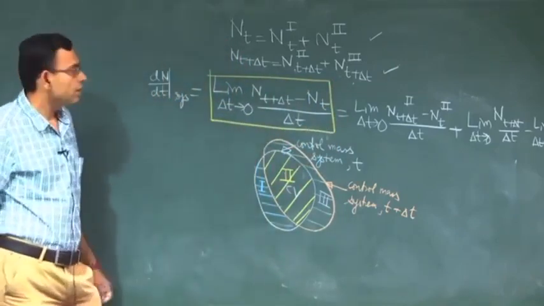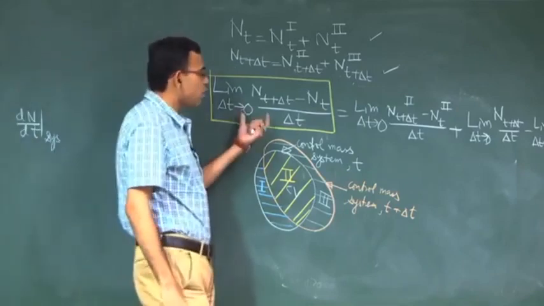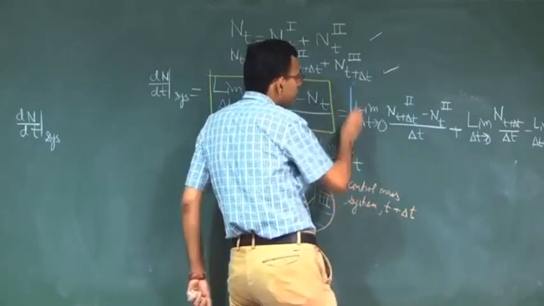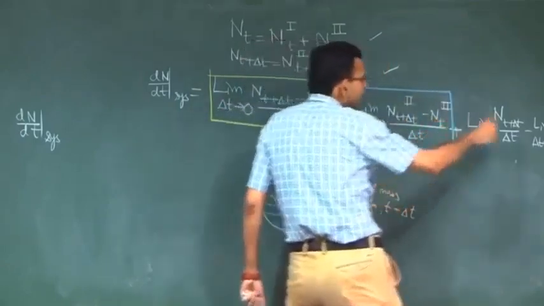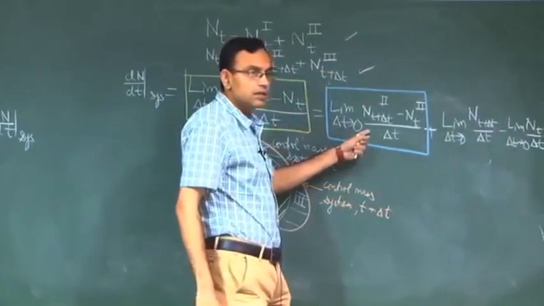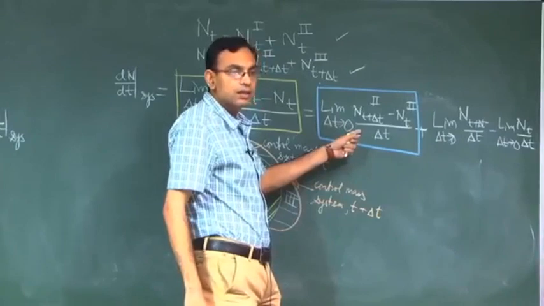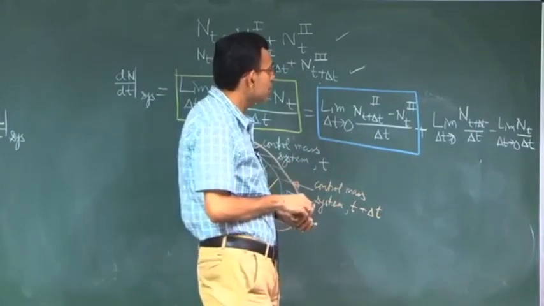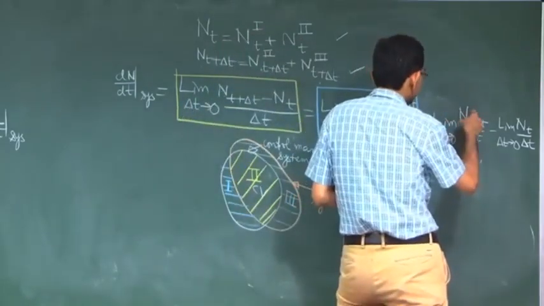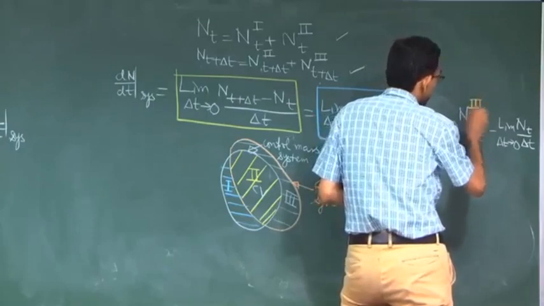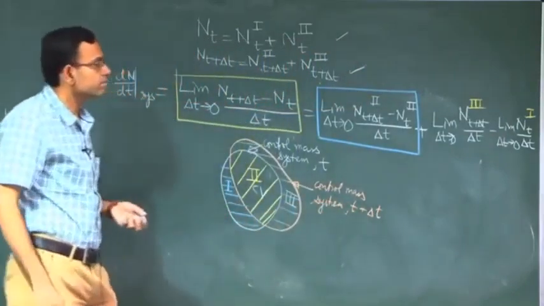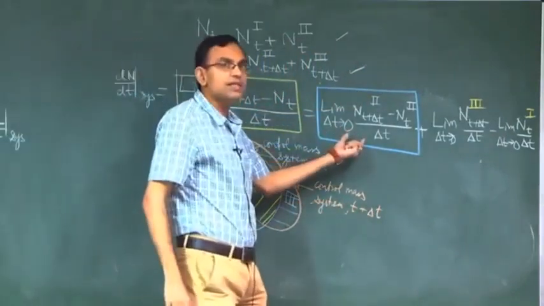This is the total rate of change. So we are writing this as a sum of this and some correction terms. So what is this? This one, yes, this is 1, right. So if we concentrate on this term,